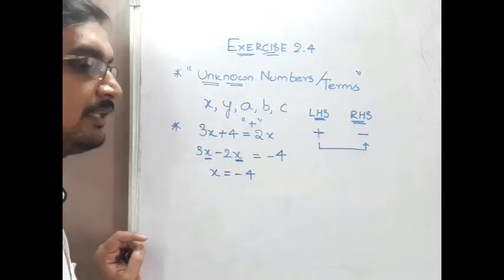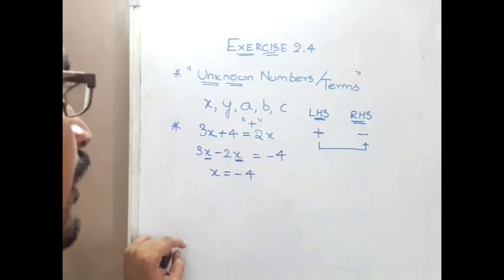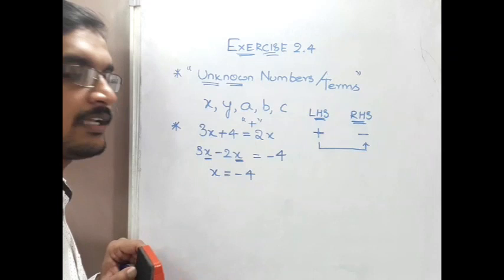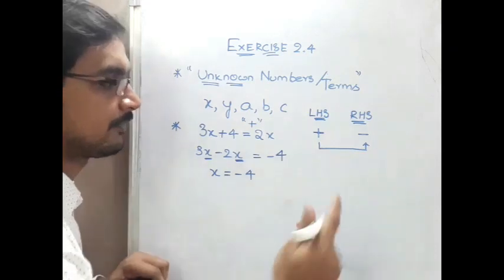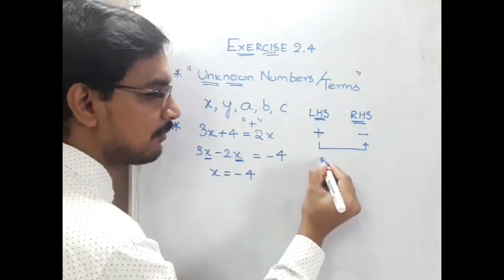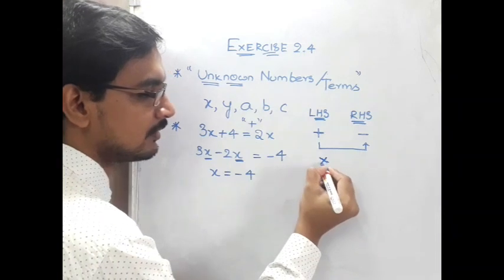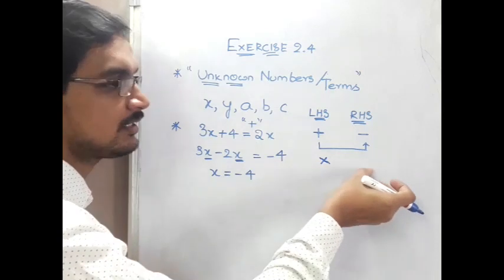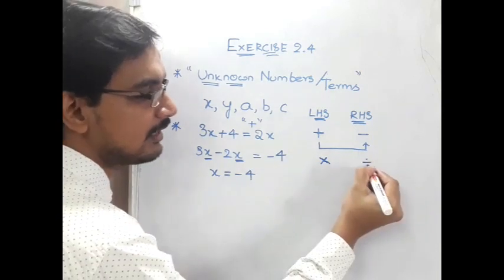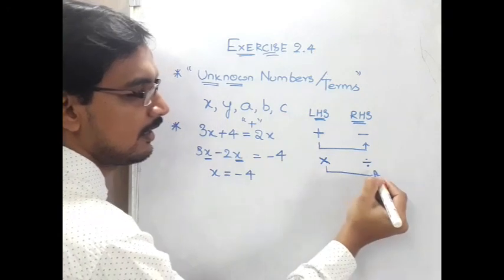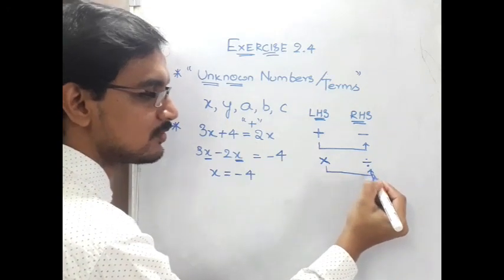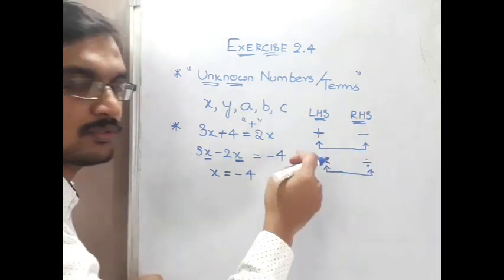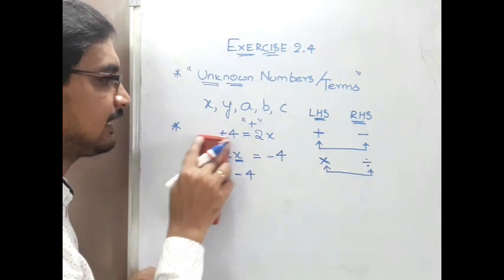Now let us check the terms with multiplication. When the term is under multiplication, if we transpose the term to the other side, it will become division. The same thing applies again: division will become multiplication when we bring it from RHS to the LHS. Let us check an example for that.